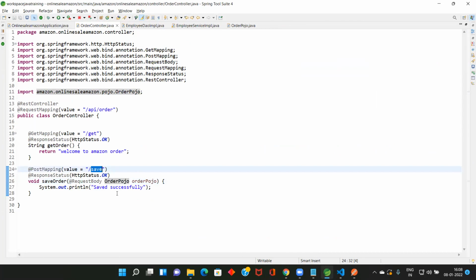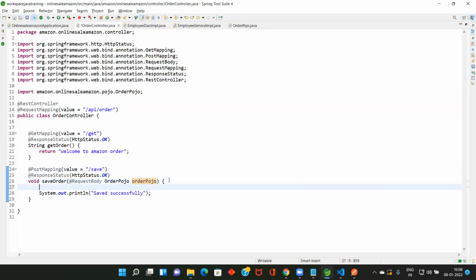When you submit, all the values will come to this controller. Before that, it will go to the dispatcher servlet. From the dispatcher servlet, it will identify the controller based on the URL. All the values that you send will be copied into this variable, that is, into this object. Okay, now we will see. We will print this one here.